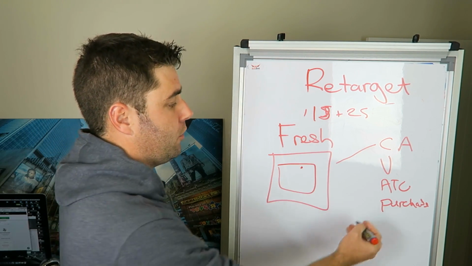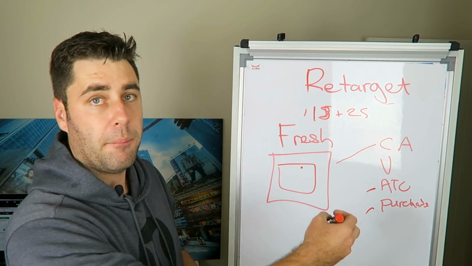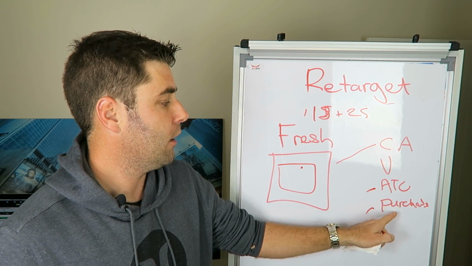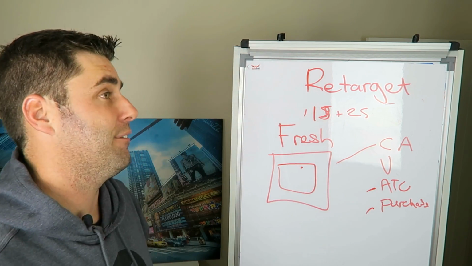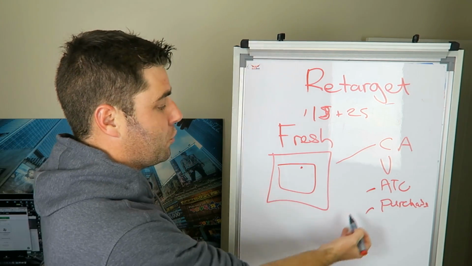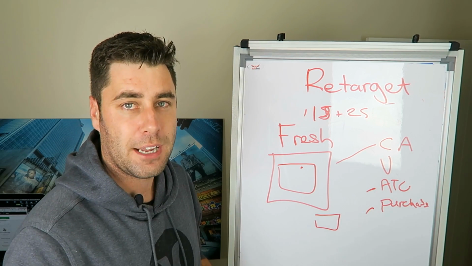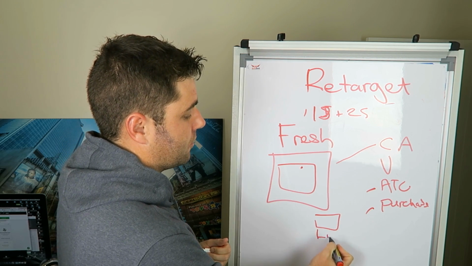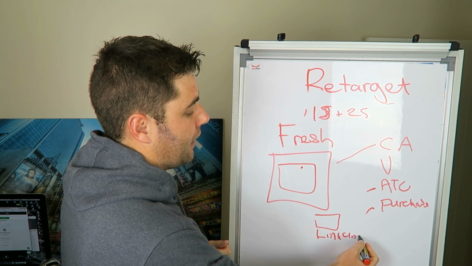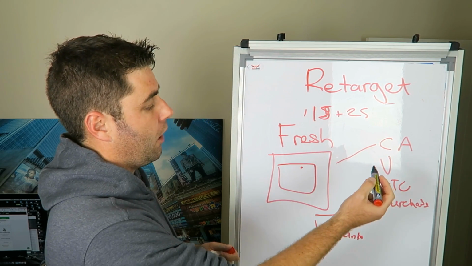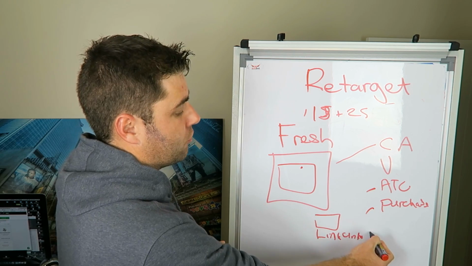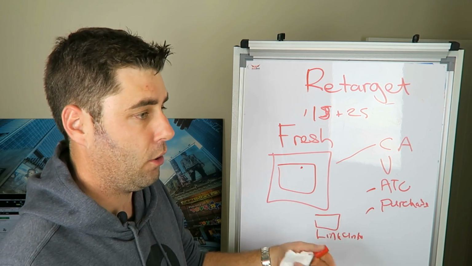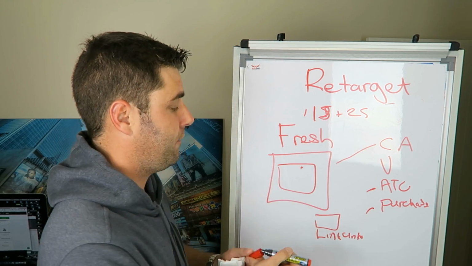But just remember that when you're doing add to cart purchases and stuff like that, by the way, a lot of the times the objective I choose on these, I do so much stuff it's hard to explain. When I do a retargeting advert, a lot of the times I won't even do add to cart or purchase or website conversion as the objective. Sometimes I'll do link clicks, not all the time, because you can actually get a lot of link clicks, or I'll just do a view count objective inside website conversion. I'll optimize for view count, so I can try and get the 15 to 25. But